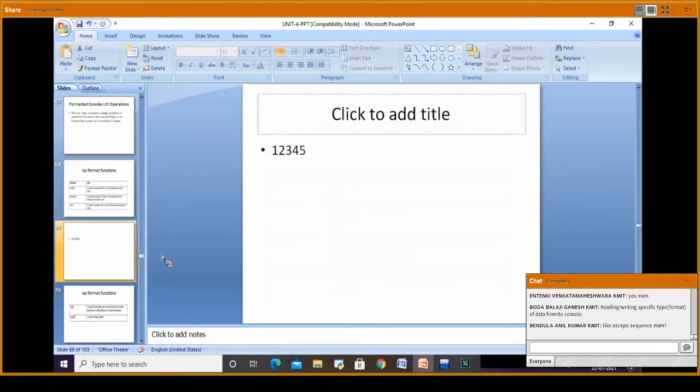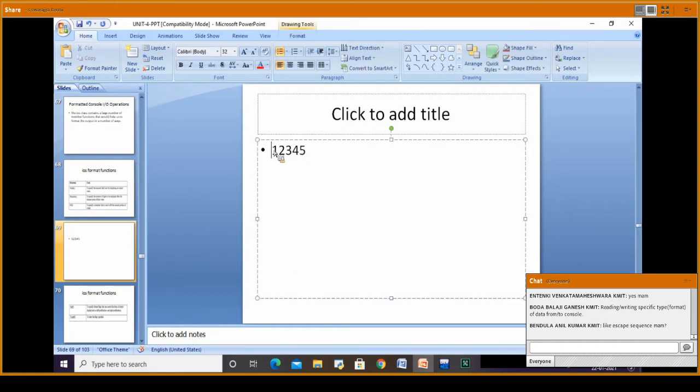So for example, I am saying width as 8 here. So what happens when I say width as 8?